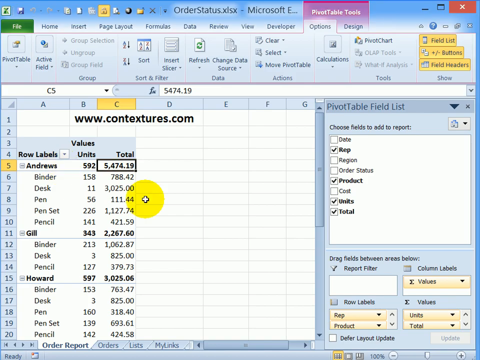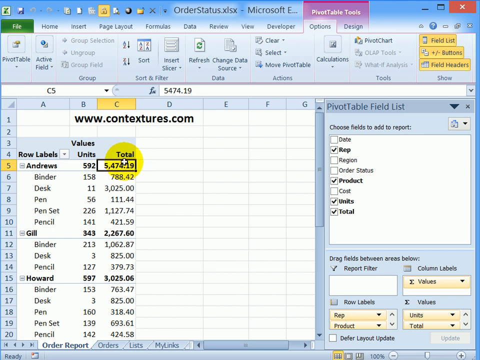When you create a pivot table in Excel, you can see a field list that shows all the fields from the original source data. You can also create your own fields by using a calculated field. We'll add a calculated field in this pivot table that shows the bonus that each salesperson will earn based on